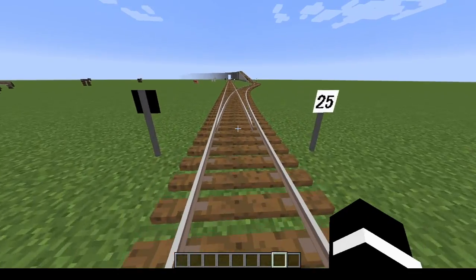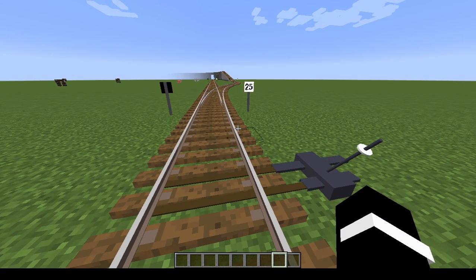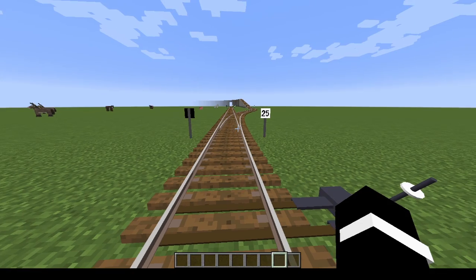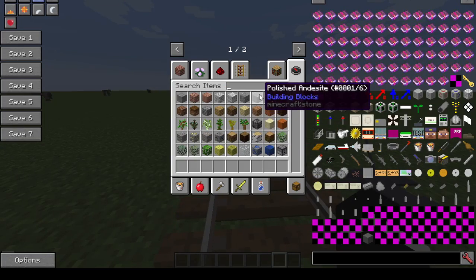Switch in Real Train Mod is really easy to set up, it doesn't take long. So you can see we flip this, and you can see it moving, it switches over. Flip this back, it goes back. Now,